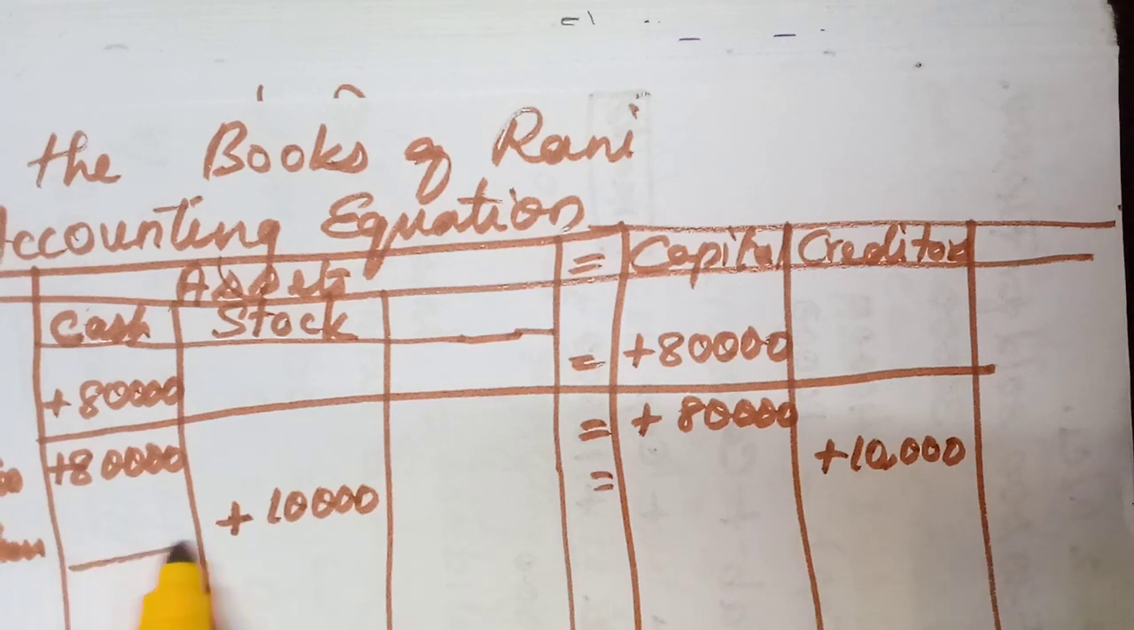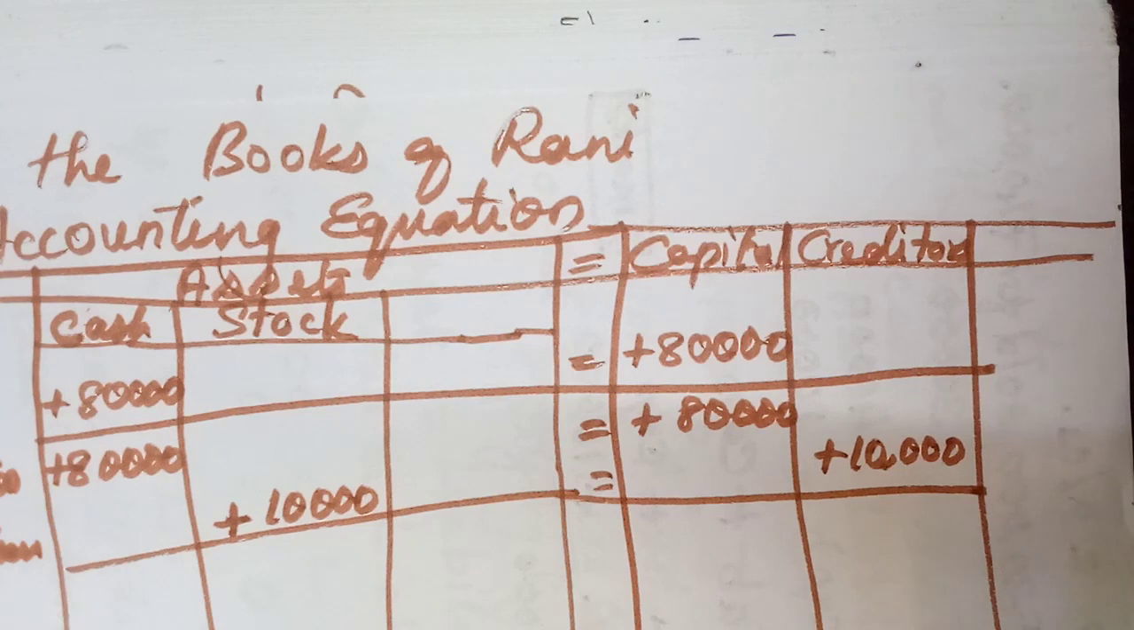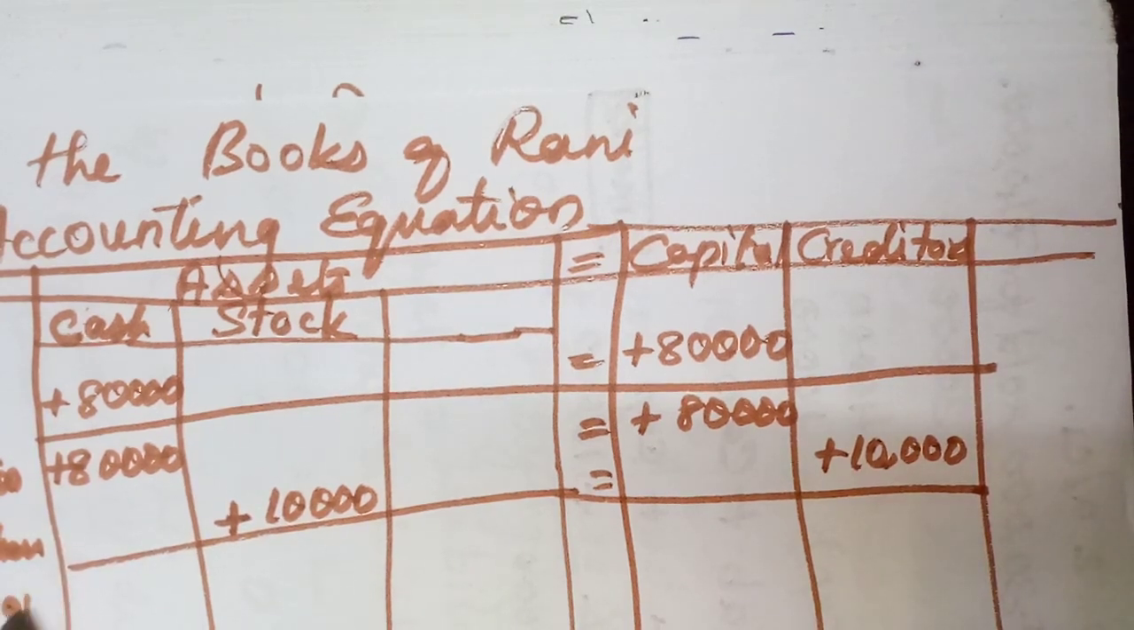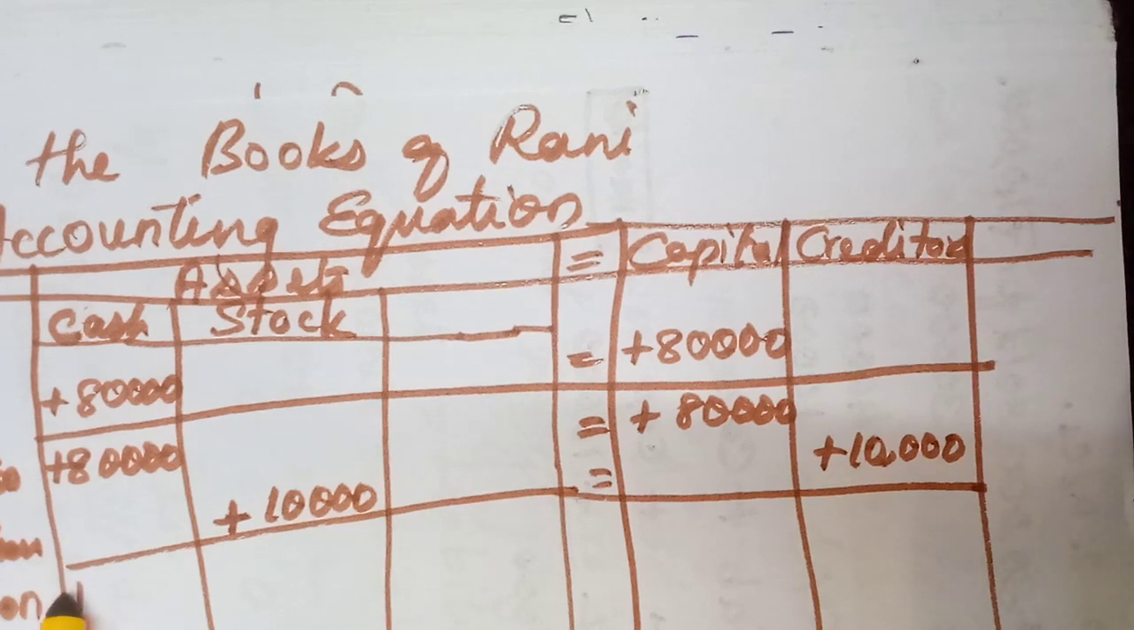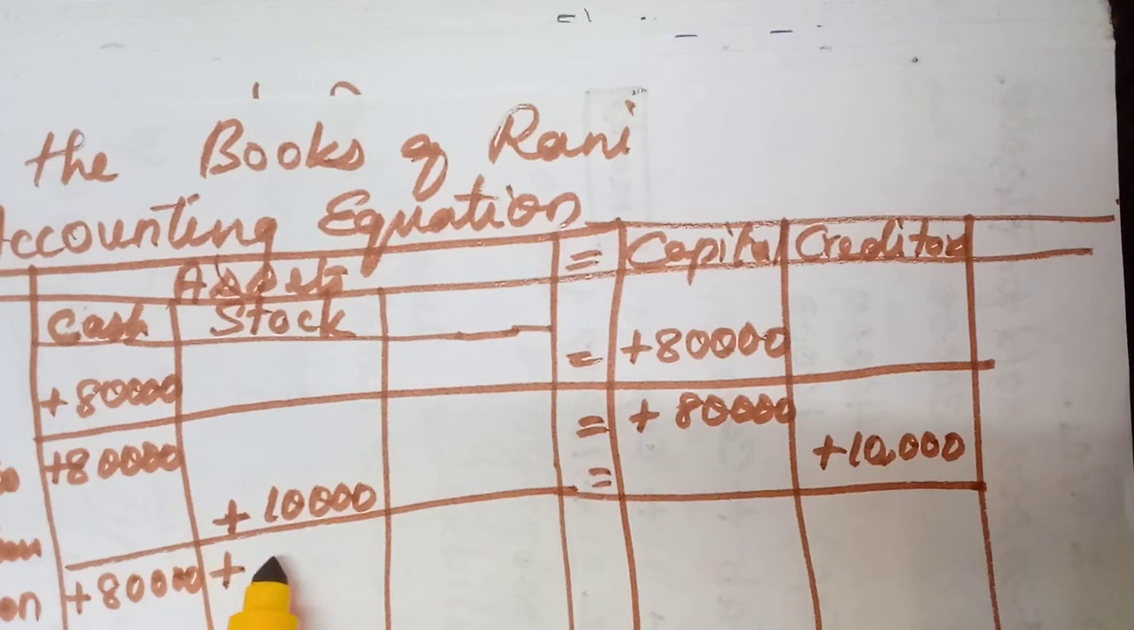Now you draw the line with scale and pencil. Draw the line and write the equation. I think you all understand what I am explaining. So same thing, all the columns you have to fill up. You have to write the total plus 10,000